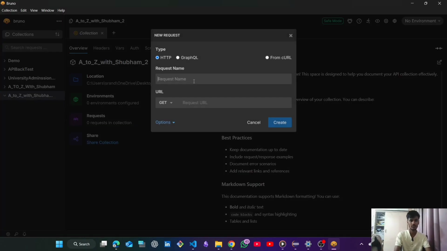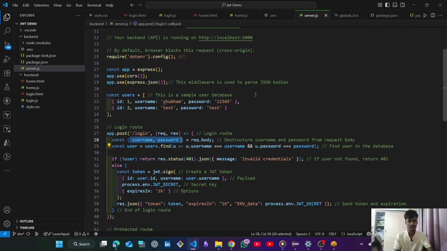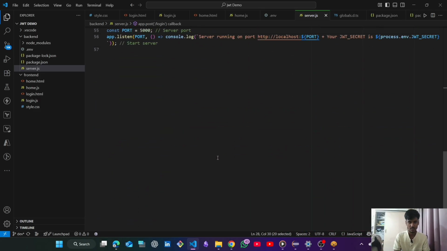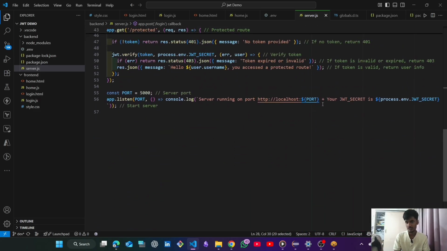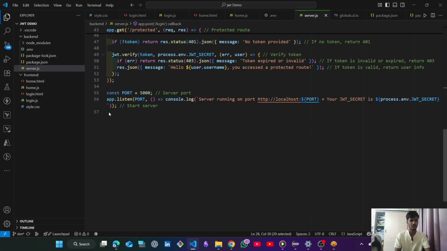After that, I'm clicking on the plus icon to create a new request. Provide the new request name, which I also provide as access token, and provide the URL also. How to provide the URL? Simply go to VS Code, and you can see here this is our base URL. Simply copy it, which is also provided here. You can see here this is the base URL. So simply paste it here, and then